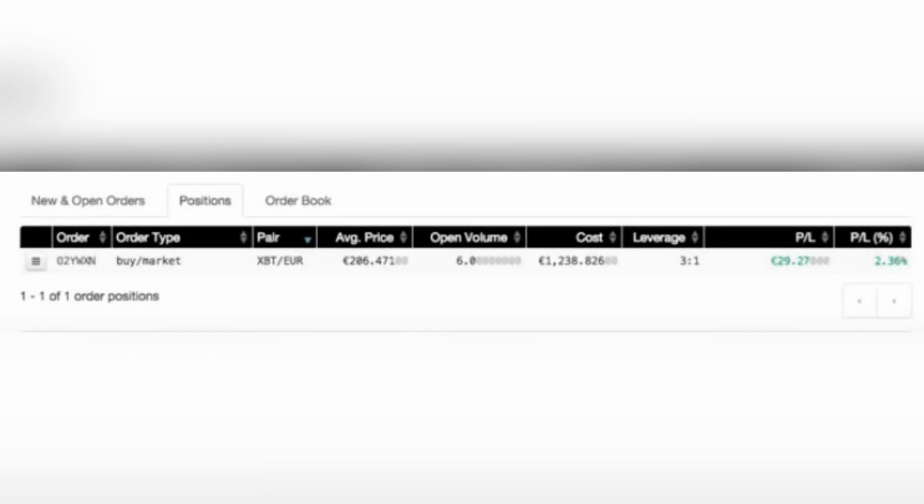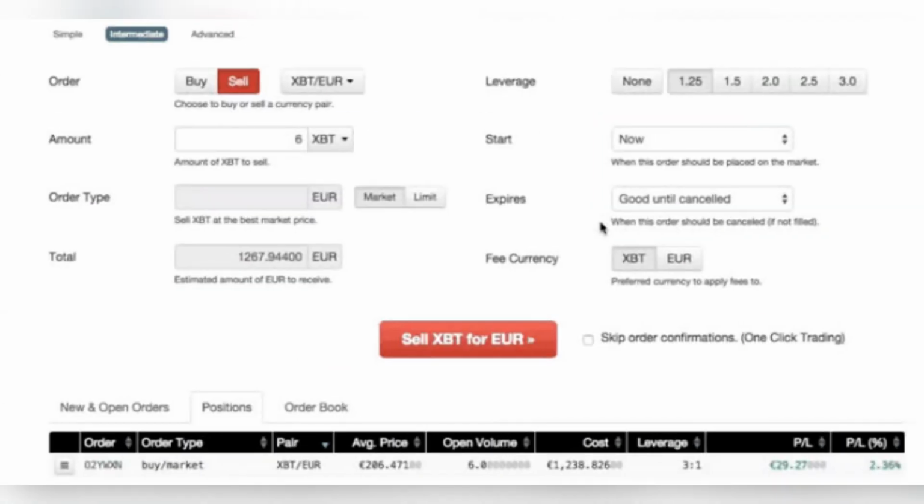Now let's talk about how to close a margin position. Since Kraken lent you funds to open the trade, closing the position means returning those advanced funds. The most common way to close a position is by placing the opposite order. For example, if you opened a long position with a buy order, you close it by placing a sell order